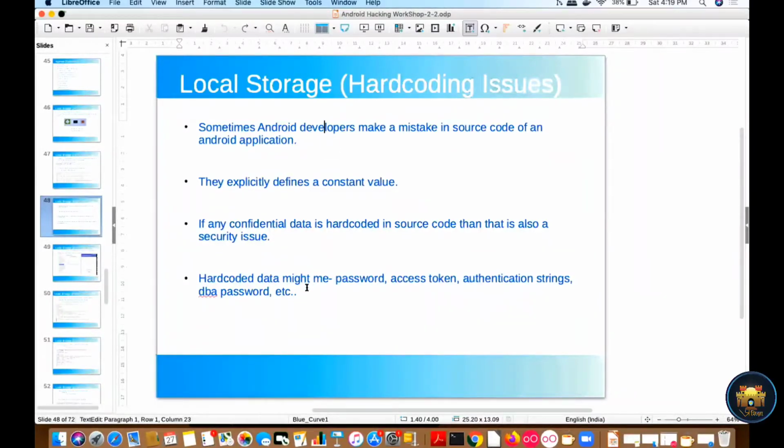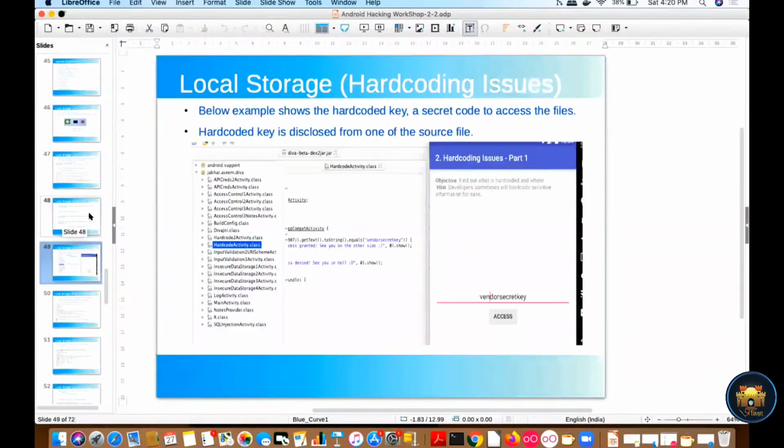So basically we need to check for strings like password, access token, authentication string, DB password, and so on. It depends on the application logic also, so based on the application logic, you can check whether that particular sensitive information is stored in client side code or not.